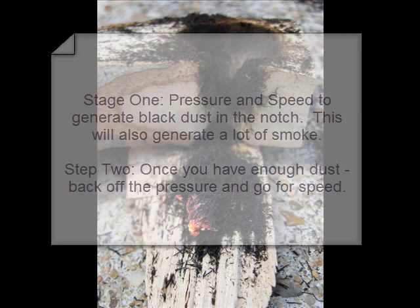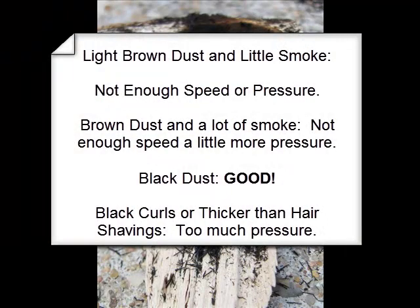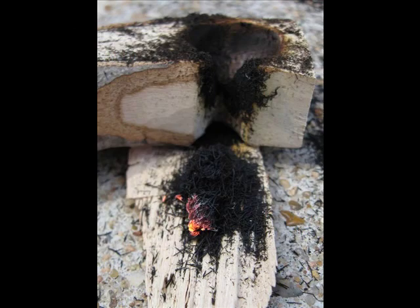Black curls and chunks is bad, too much pressure. But black dust is exactly what you want. Get that downward pressure going and creating a good amount of coal. Once you see enough coal in the V, back off of the pressure on your handhold a little bit and